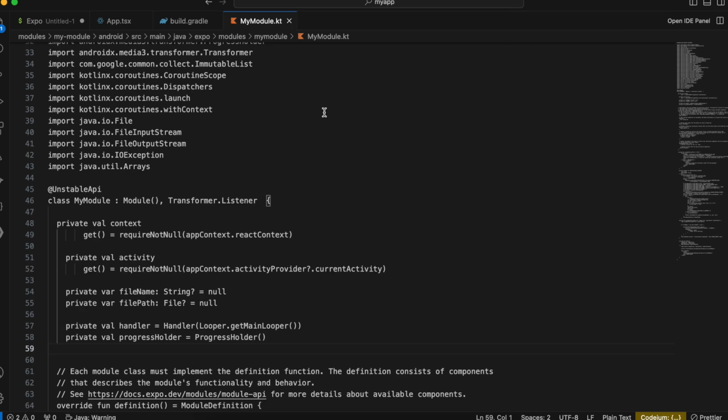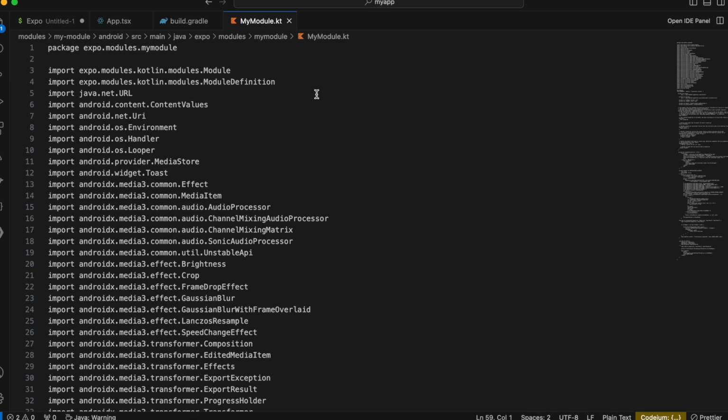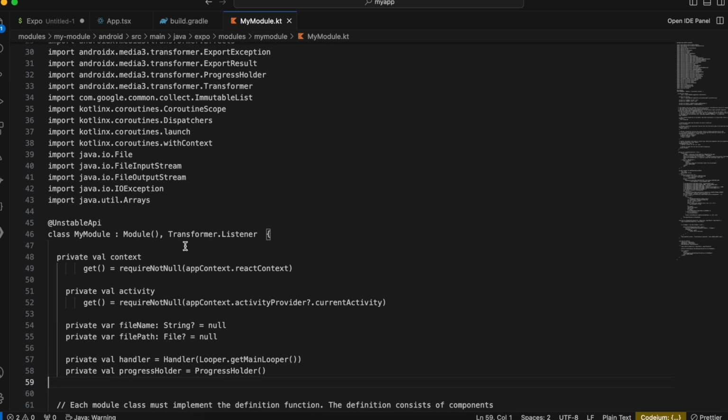So basically what we are doing is that these are all the imports. Okay, so we are extending Transformer.Listener. It will give us two methods, onCompleted and onError. Those are called once the conversion has finished or has errored out. We are annotating it with unstable API because at the time of me recording they are a bit unstable. That's why we have to annotate it. I mean, they are stable,